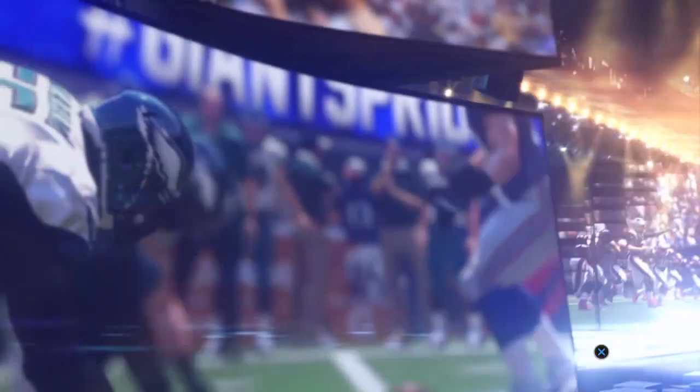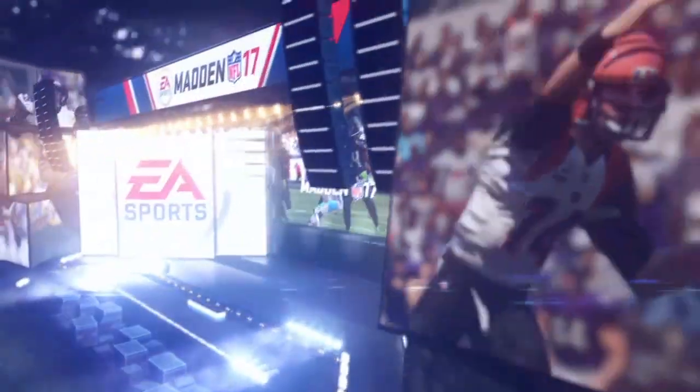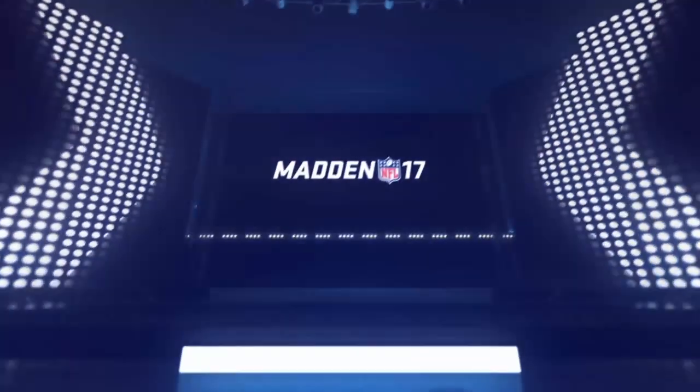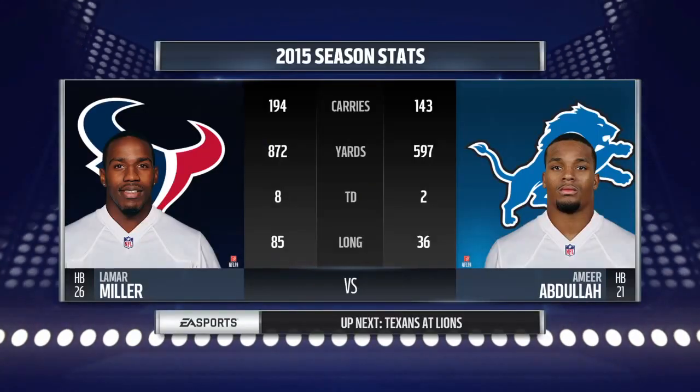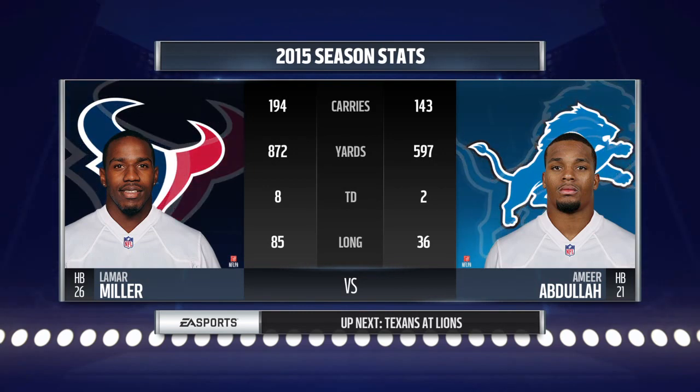Everybody, I'm Larry Ridley. You're tuned in to the NFL on EA Sports. We've got two running backs who are hoping for plenty of running lanes on the field today. It's the Texans going up against the Lions. With that, let's send you indoors to Ford Field in Detroit as we welcome in our broadcasting team of Brandon